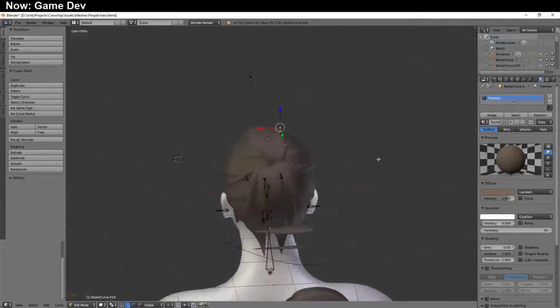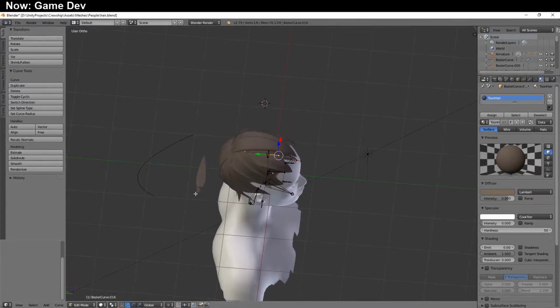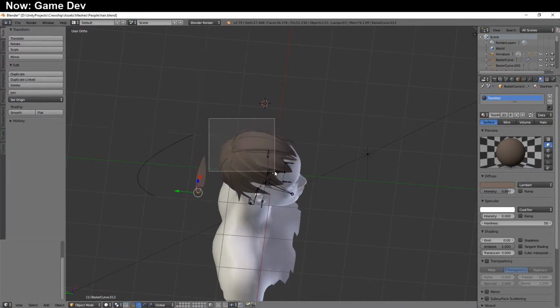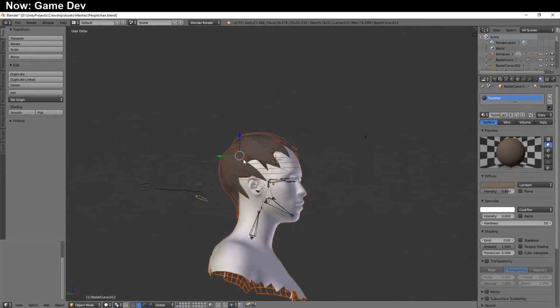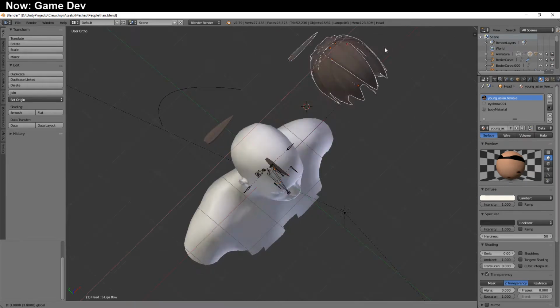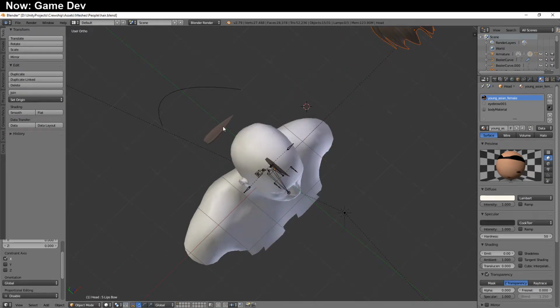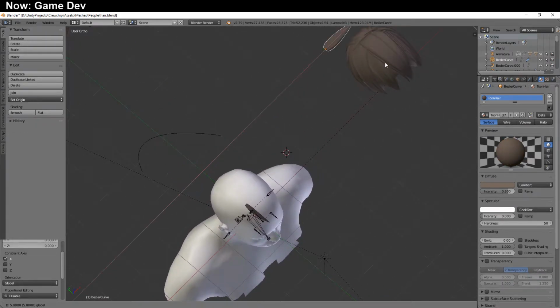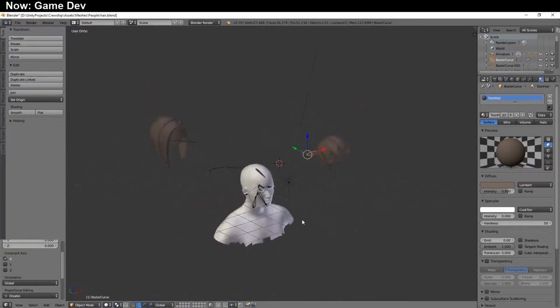You know what? I'm going to go ahead and put this off to the side, and maybe we'll come back to it later. So once again, I can just box select the entire set and then deselect the person and then move it off to the side here. Just do that. Well, let's go ahead and create a